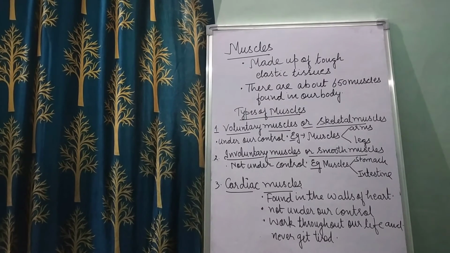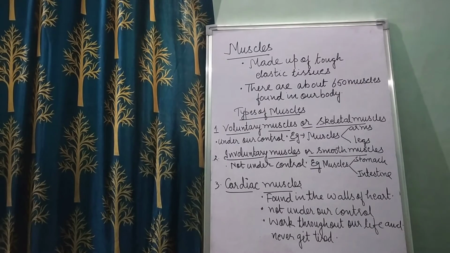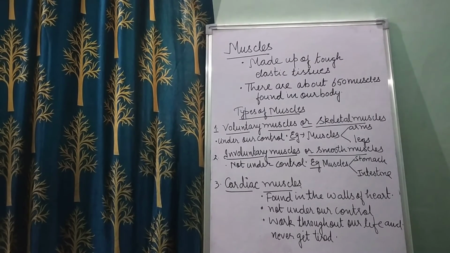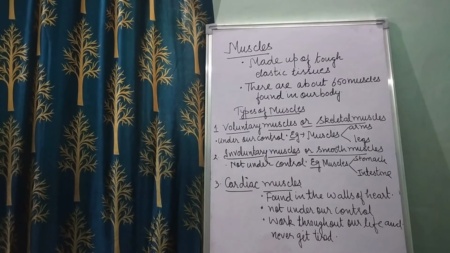So now, children, the muscles. Okay, now we'll be studying about the muscles. So children, as we all know, bones are connected with the muscles, and muscles give flexibility to our bones. That's why they help in movement. Muscles are tissues that cover the bones, and they are attached to the bones with the help of special tissues called tendons. Both muscles and bones work together to make movement possible, right? And they also help in important processes such as digestion.